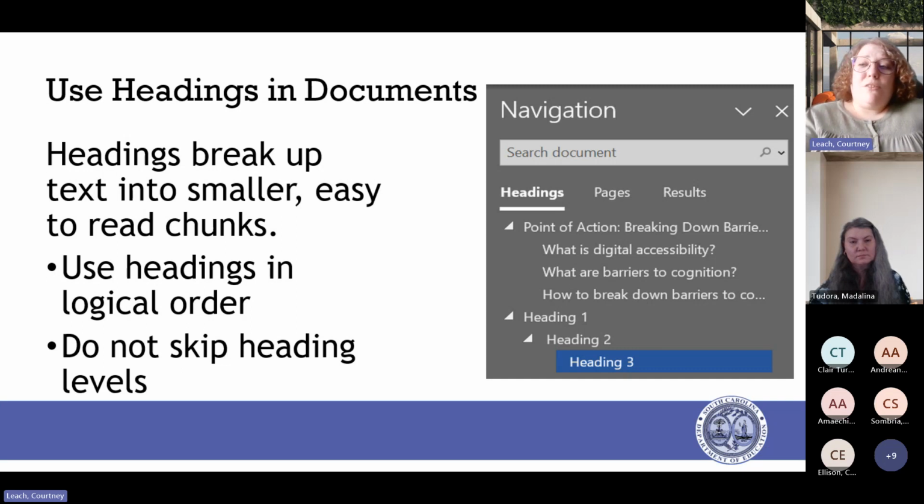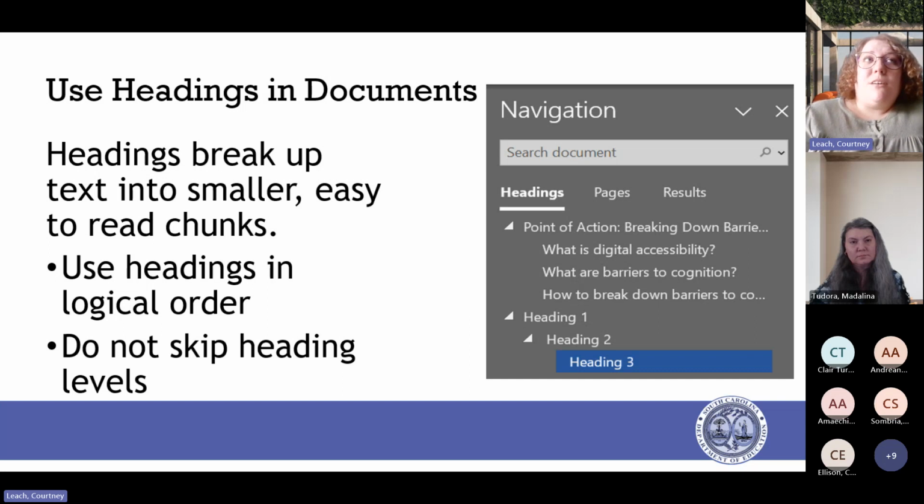Make sure that you use your headings in logical order. So a heading 1 will be like the very first section on your page. There is an option in Microsoft and in Google for a title, but that's not actually a heading. That doesn't get read off as a title by screen readers.